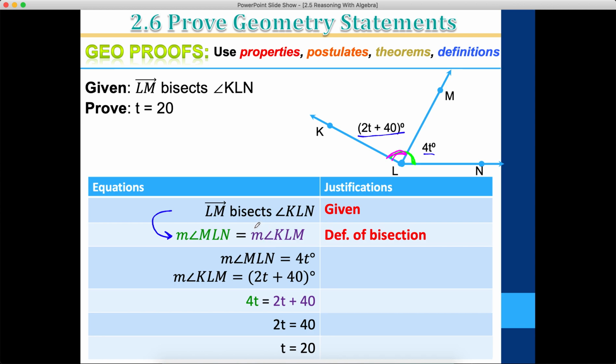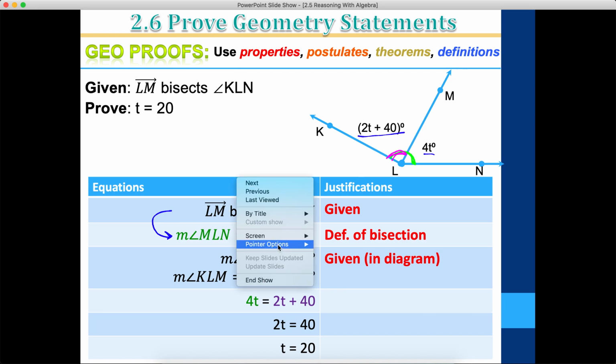So let's break out of that for a second and note the following. We know that MLN is equal to 4t, and we know that KLM is equal to 2t plus 40 because it's provided in the diagram. I could write provided in the diagram, but that's basically given information too. It wasn't spelled out in words, it was spelled out visually via the geometric diagram that was provided to us. So there's a lot of given information here that ends up converging. We're given that we have a bisector, and we're given these measures. If I take these two facts and put them together now,